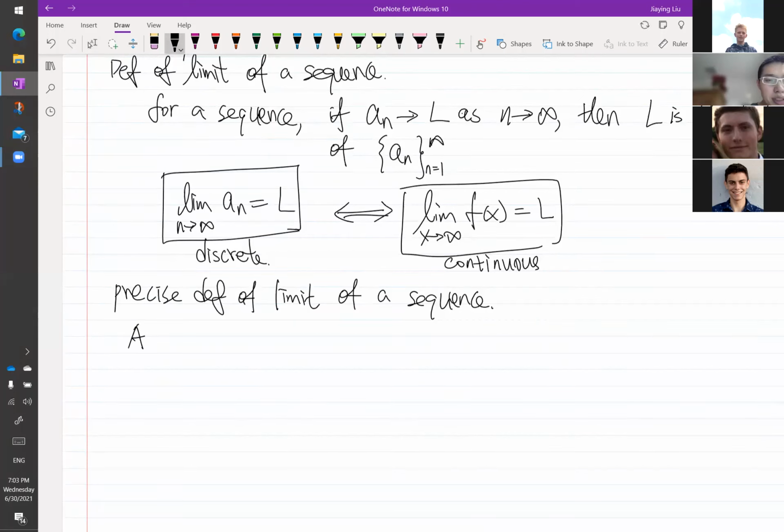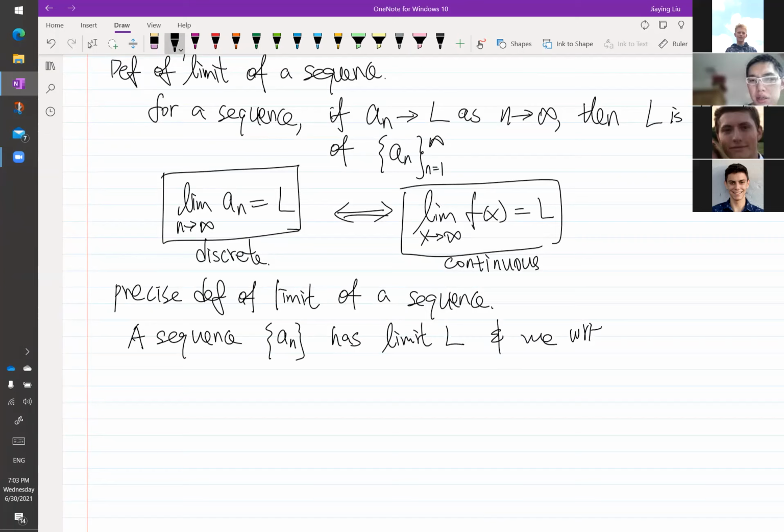So a sequence an, again, going from n equals 1 to infinity, has limit L, and we write limit as n goes to infinity of an equals L,